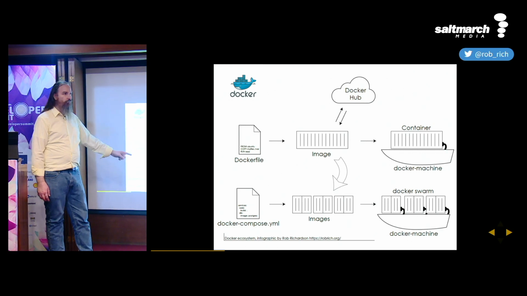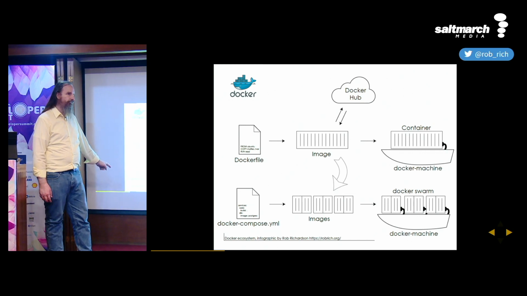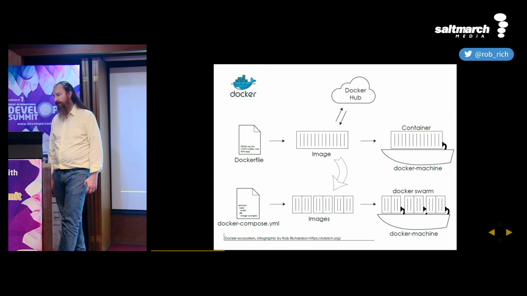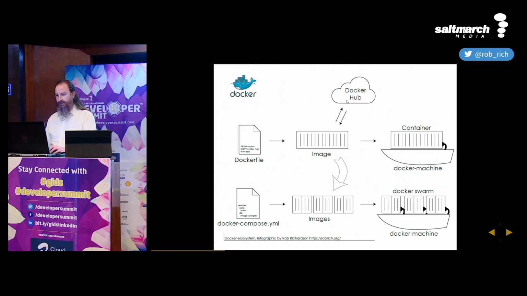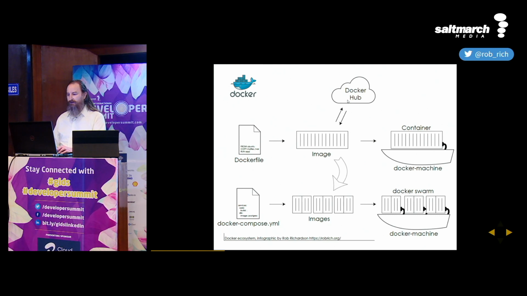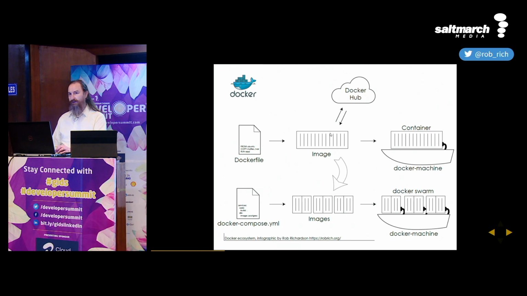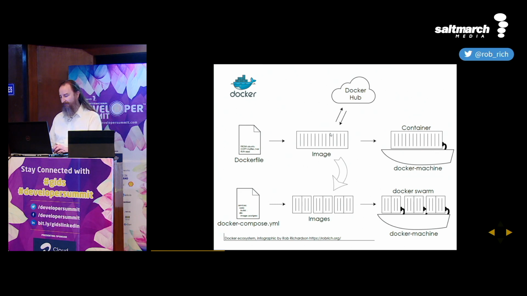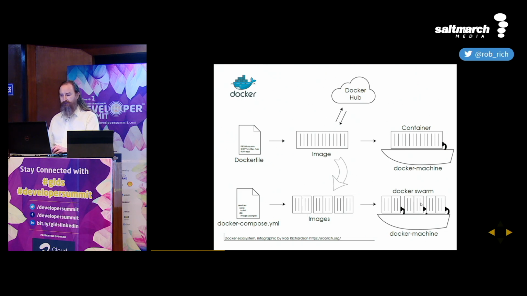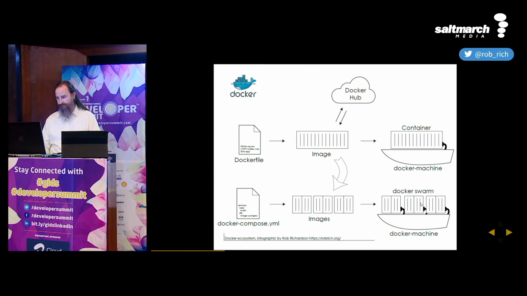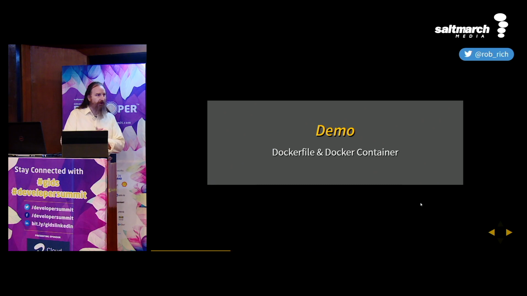We can also choose to do that with a Docker Compose file or Kubernetes YAML file to target multiple Dockerfiles or multiple Docker images that we might choose to pull and push from Docker Hub. Now what's interesting about Docker Hub, unlike, say, GitHub, is that we're pushing and pulling binary blobs. If I download an image from Docker Hub, I don't need to recompile it. That's really cool. I don't want to recompile an image when I just download it. So we can take that Docker Compose file, we can build or pull many images, and we can start them together as a suite, in this case on Docker Swarm, but just as easily on Kubernetes or another orchestrator. Cool. So let's build an application and containerize it.